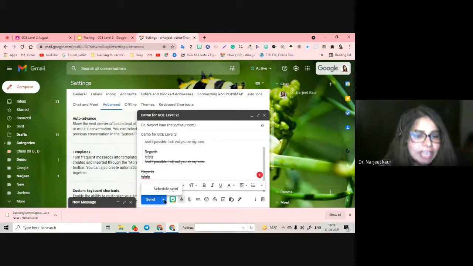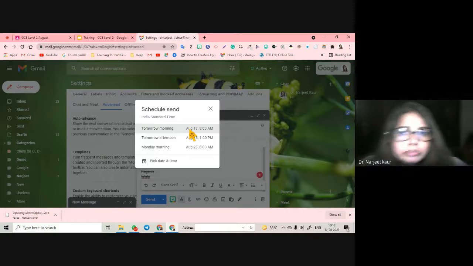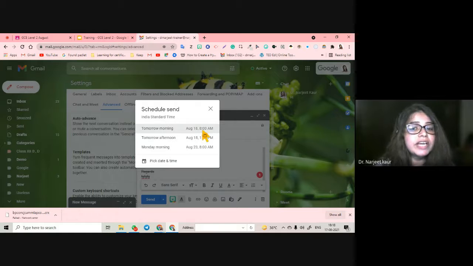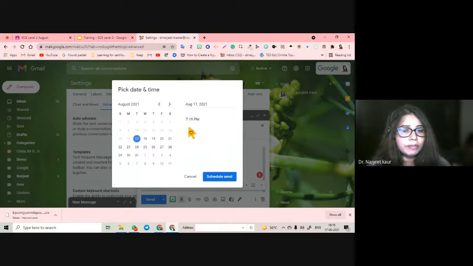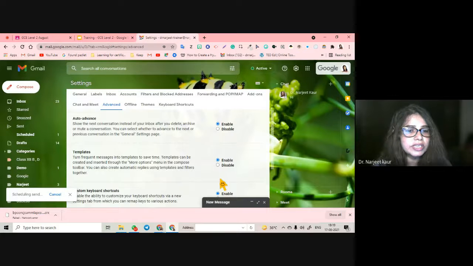And then for sending also, there are options to schedule send. Schedule send means, for example, you know that your school is going to reopen tomorrow at 8, but you might not be present then to write. You might be busy at 8 o'clock tomorrow morning. You might not be able to write the mail then, but you want the school to receive it at 8. So what you can do is schedule it: right now I am writing in the evening, but tomorrow Wednesday at 8 a.m. the school should receive it. You can schedule this send.